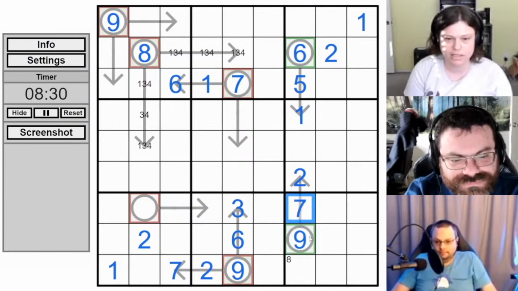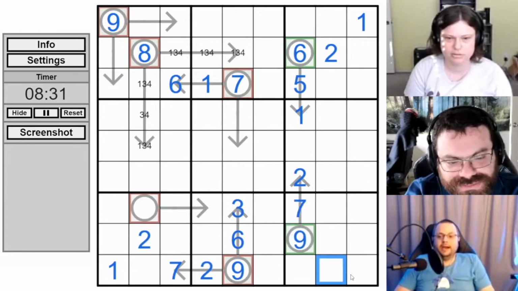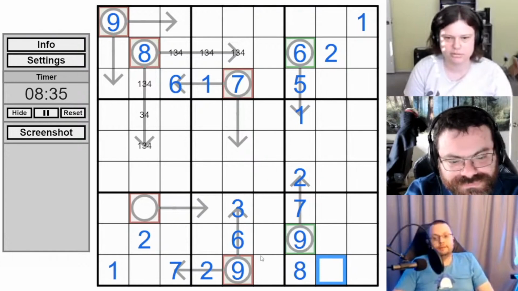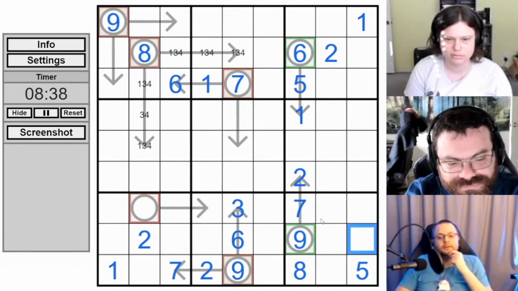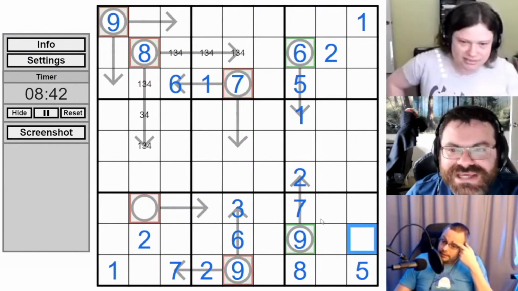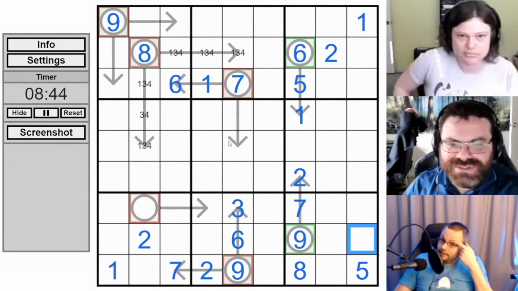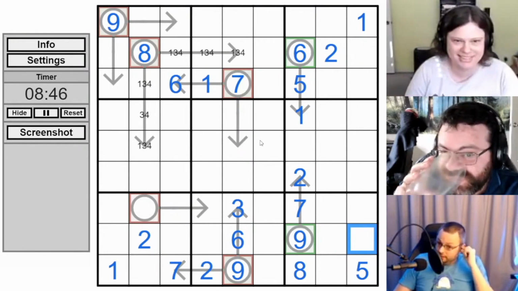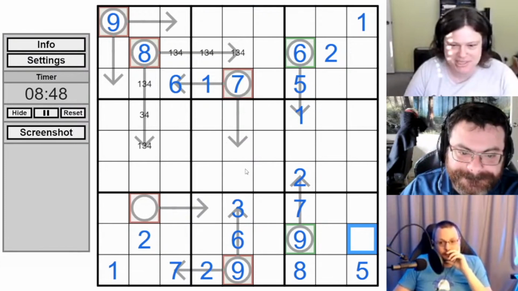Oh, yeah. Nice. That places the 8, and let's not forget the other 9 places the 5 in row 9. Keep forgetting that one. I think forgetting the indexing is going to be what gets people stuck in this puzzle. We're supposed to know it's there, and we keep forgetting it.